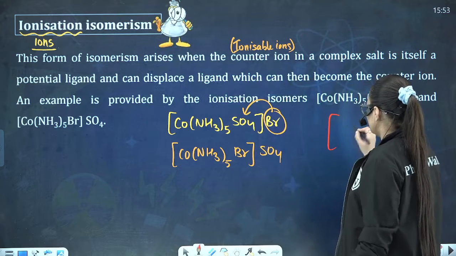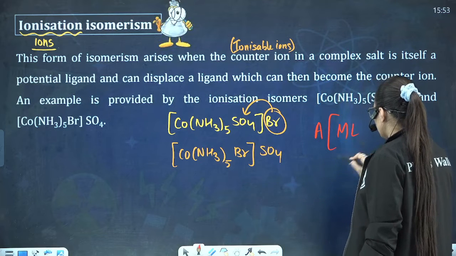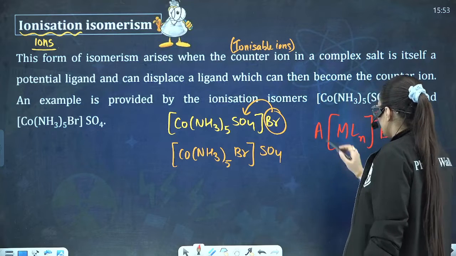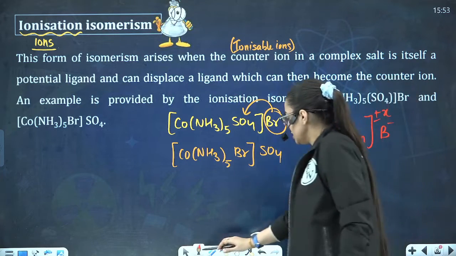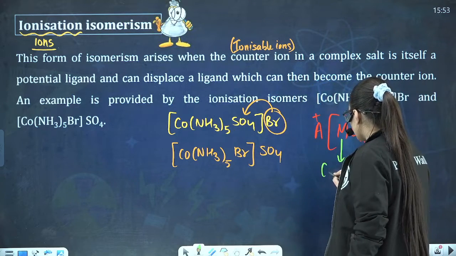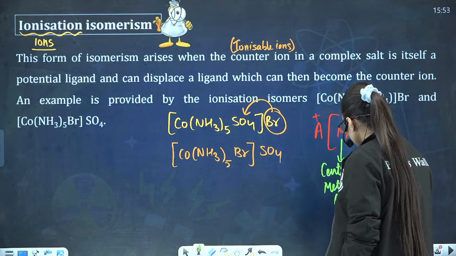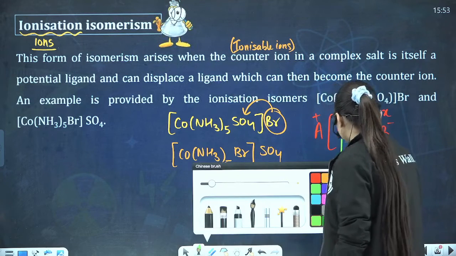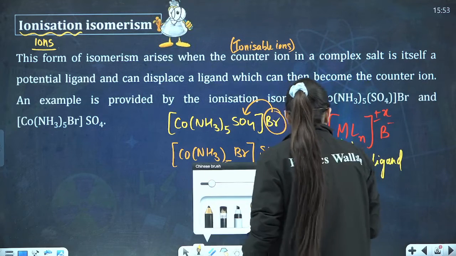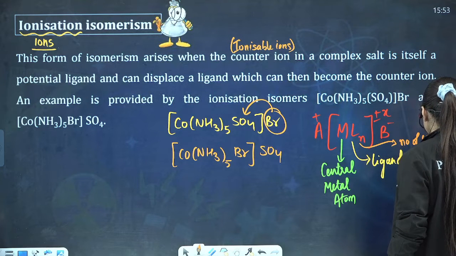See, if I say over here that we have this, and this is the central metal atom, these are ligands, this is the number of ligands, and this is the overall charge, and here is one more ion. So this is basically positive, this is basically negative. What were ionizable and non-ionizable ions, if you remember students? M here is your central metal atom. L basically is your ligand. N basically is your number of ligands.